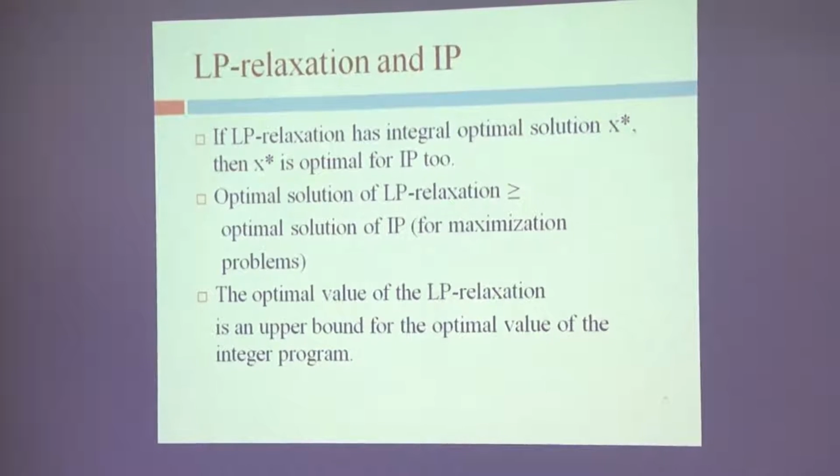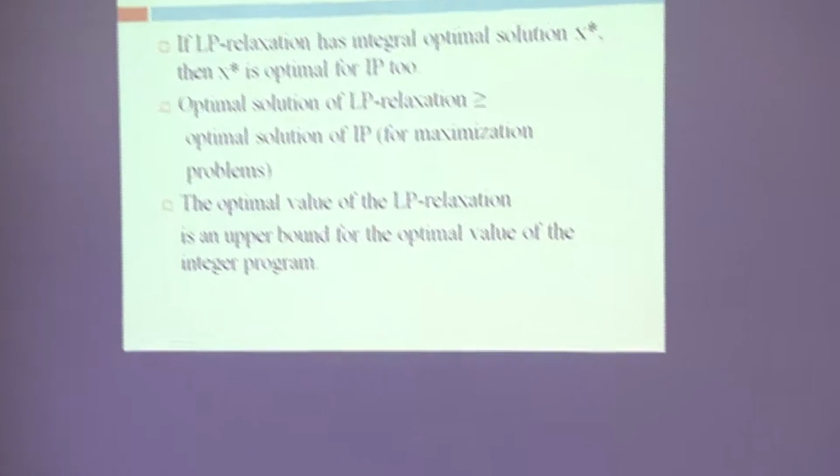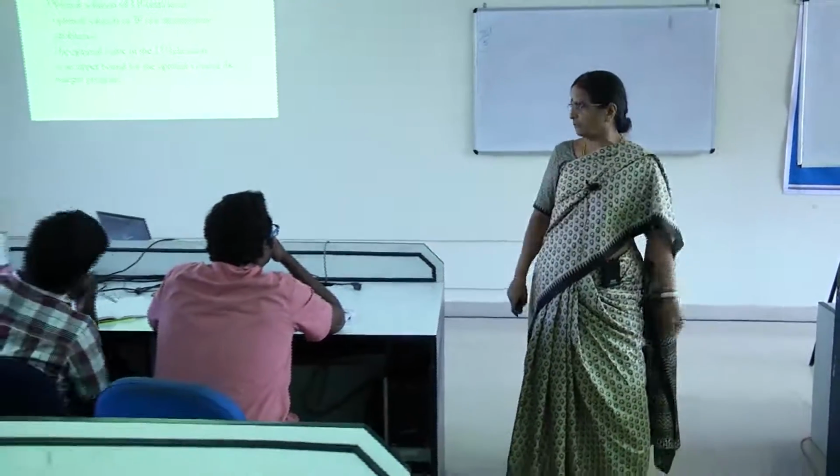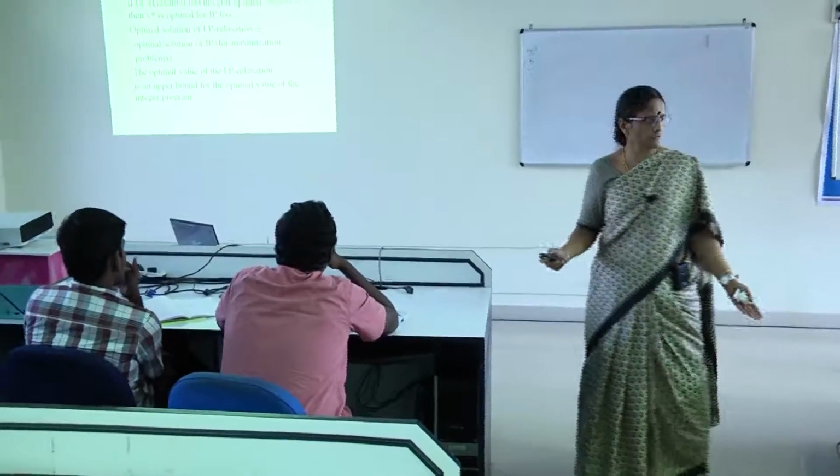Are you understanding? I want the variables to be integers. So what did I say? Remove the additional requirement. It is not a condition. It is not a constraint. It is a requirement that xi should be integers. Remove that extra requirement and try and solve it, ignoring that xi should be integers. What happened? The solutions happen to be integers. That's what I wanted. So that will be an optimal solution for the integer program also. Is that clear? That is very straightforward, very simple.